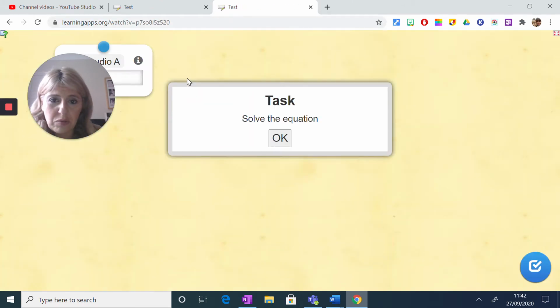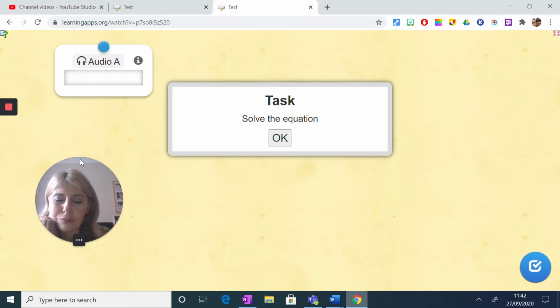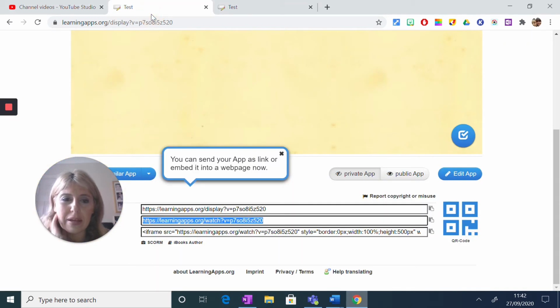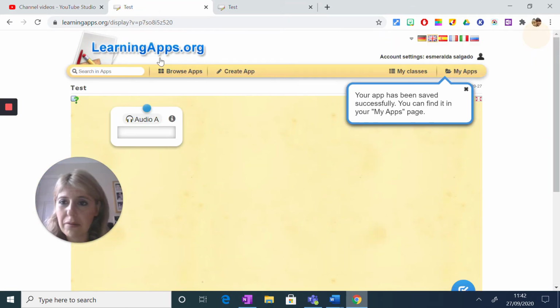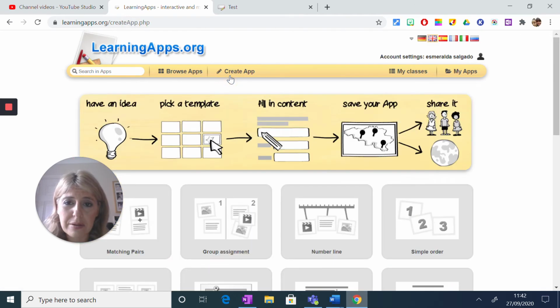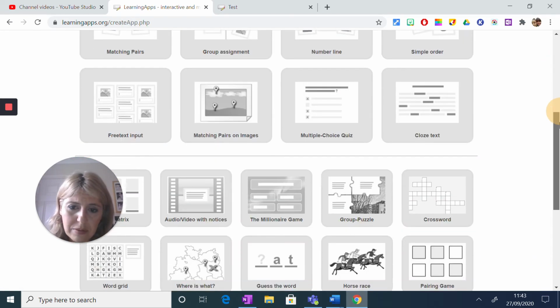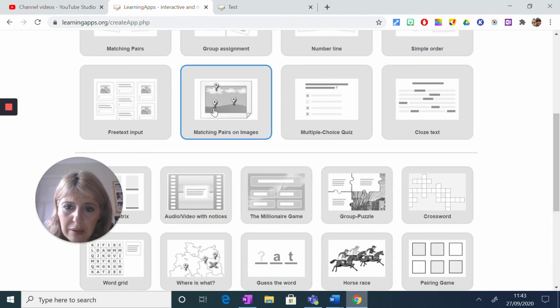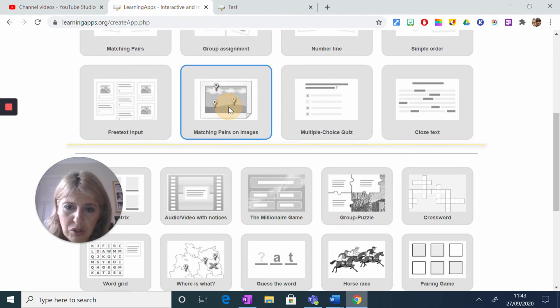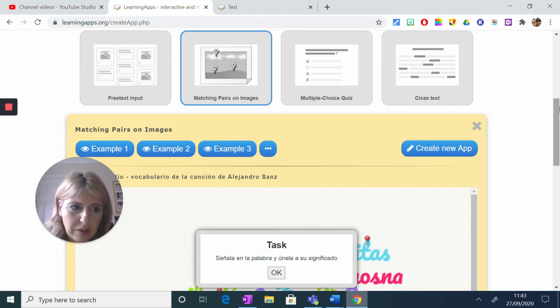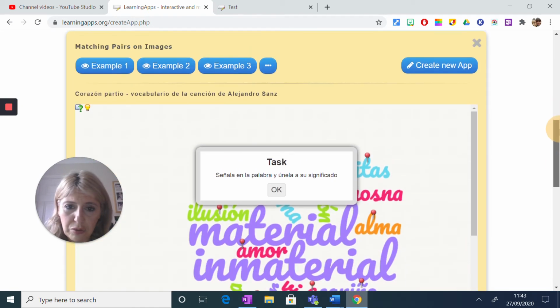And the students will see this as a full screen. So you get basically the idea. The possibilities are endless. I think they're absolutely brilliant. The pairs of images, I think, is great as well, because I've seen a lot of really good